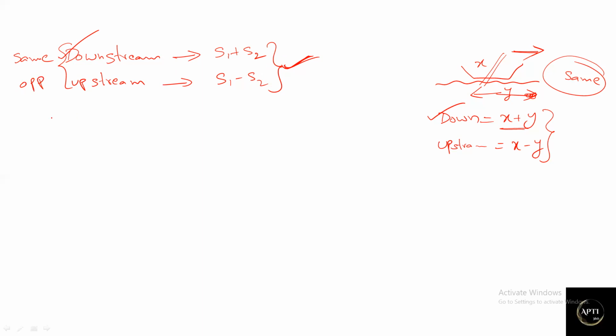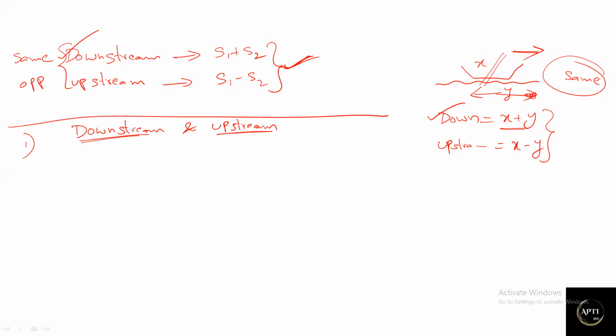And there are three very important formulas. We can also call them shortcuts to solve any question on boats and streams. Let's discuss what those simple shortcuts are. You can directly get the answer for questions on boats and streams if you know these three logics. We'll discuss them one by one. First, if the question gives you the downstream speed and the upstream speed,